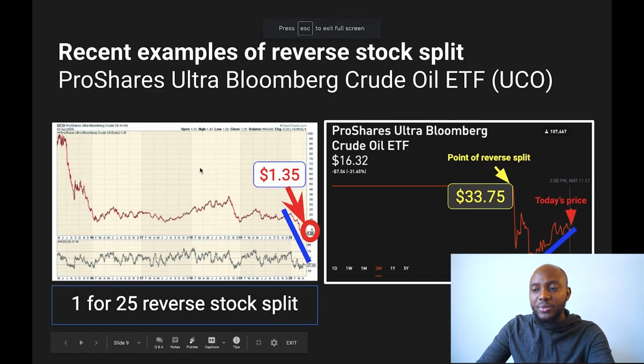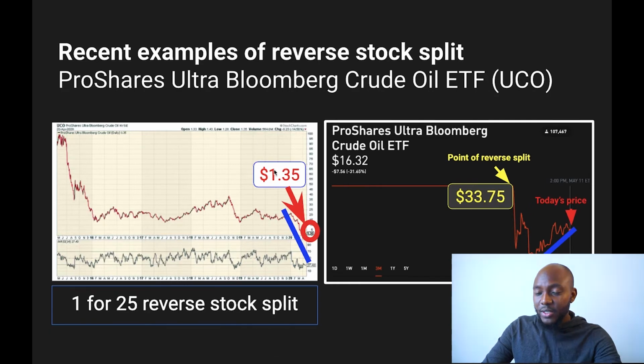Let's now talk about a real life scenario. Here we have a stock with the ticker UCO. The stock price used to be $1.35, and the stock faced the risk of getting delisted if it fell below $1. And so this company decided to do a reverse stock split of 1 for 25. And so the stock price went from $1.35 to